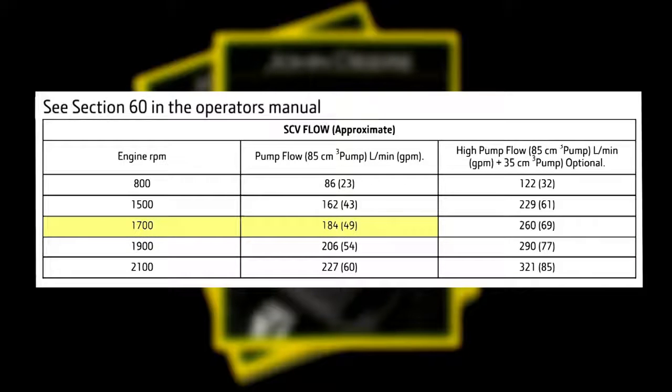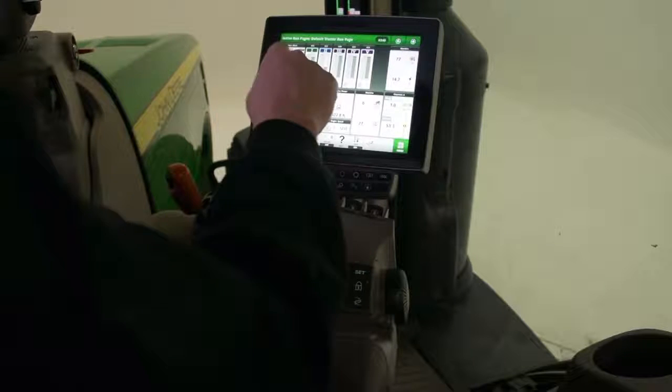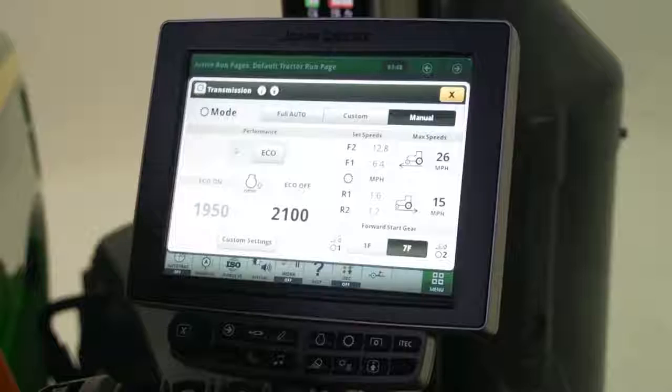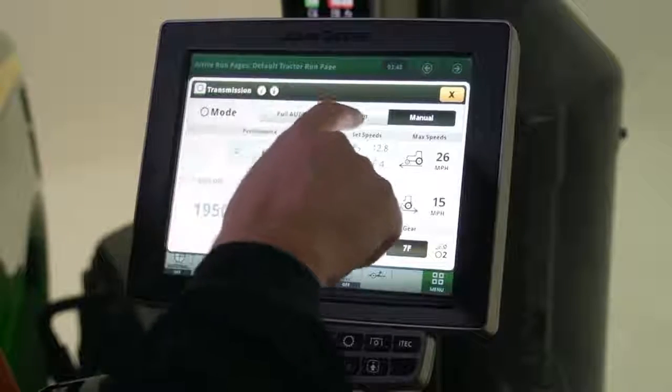By adding the total flow for each SCV, we now have the total flow needed from the hydraulic pump. After adjusting the SCV flow, it's determined that in order to get all that flow from the pump, our engine speed needs to be around 1700 RPM. Now we can adjust our minimum engine speed in the transmission page of the command center. Because we know our engine RPMs can't drop below around 1700 RPM for planting and 1900 RPM for headland turns, we can set our 2 minimum engine speed settings in custom mode